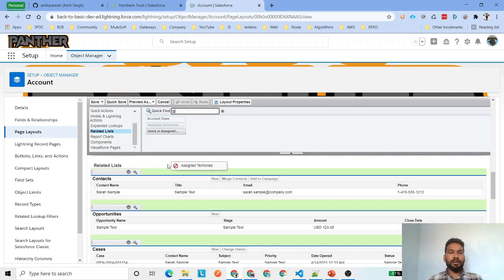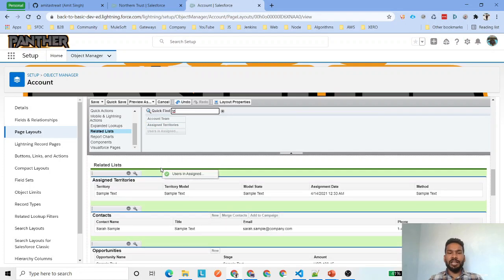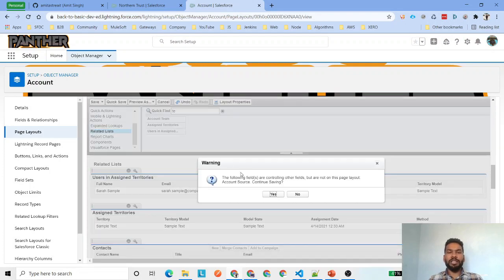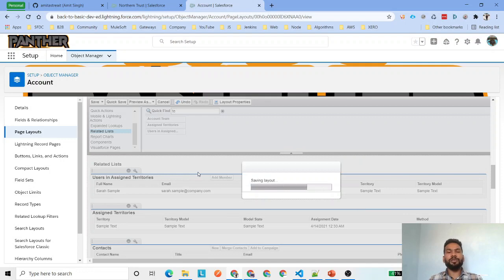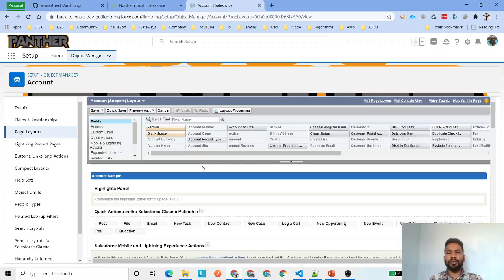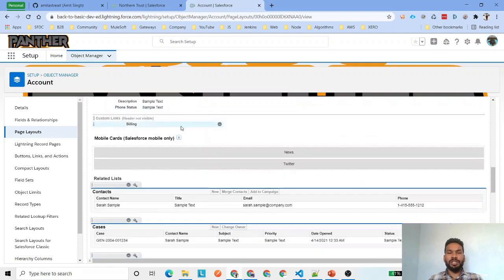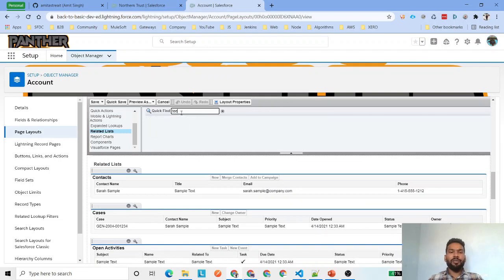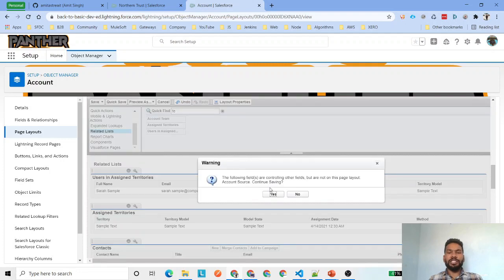You will definitely have multiple page layouts. You can just go ahead, do the quick save, and then again switch between the page layouts. You can see here those related lists are only assigned to the account page layout, not to sales and marketing. And there is one more, which is support. So we need to make sure that wherever we want to add these related lists, we add them to those page layouts. Now this is the final page layout.